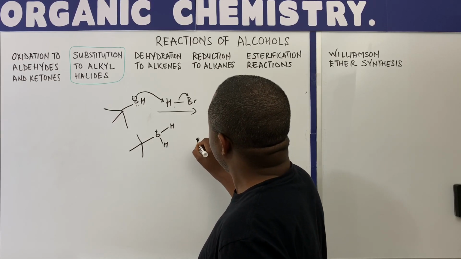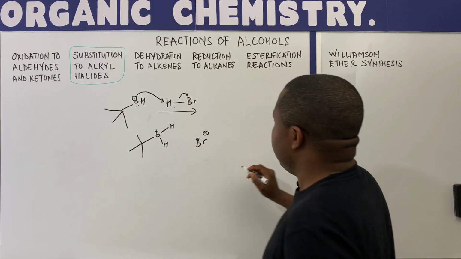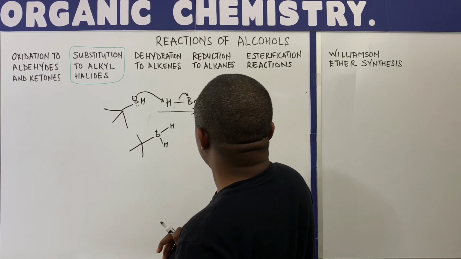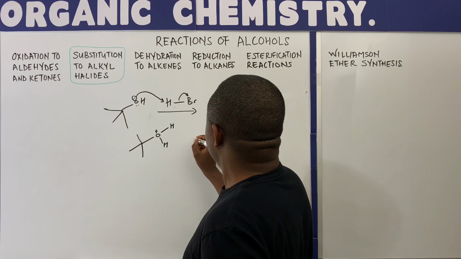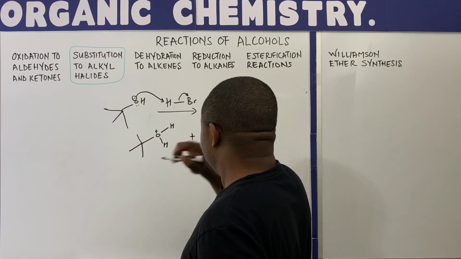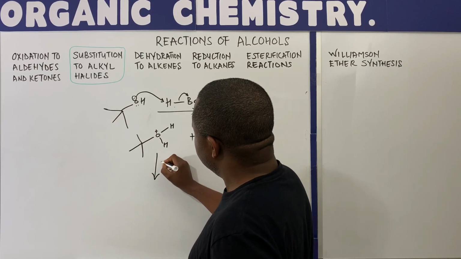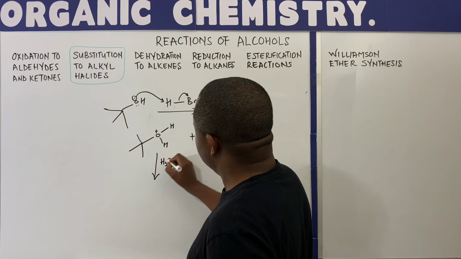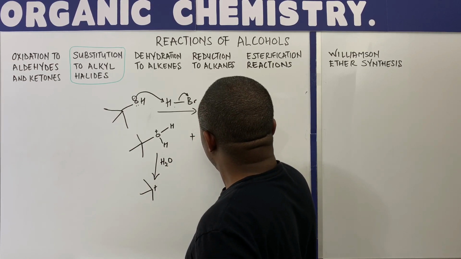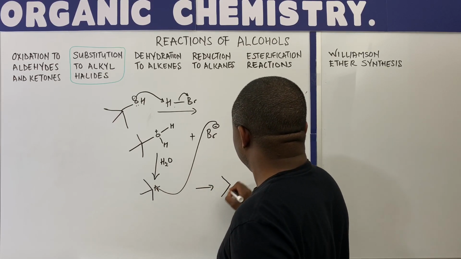And we have Br minus. We can write it like this, and then this is going to generate the carbocation by losing one molecule of water. So we have something like this, and the Br minus is going to basically attack this to form the products,